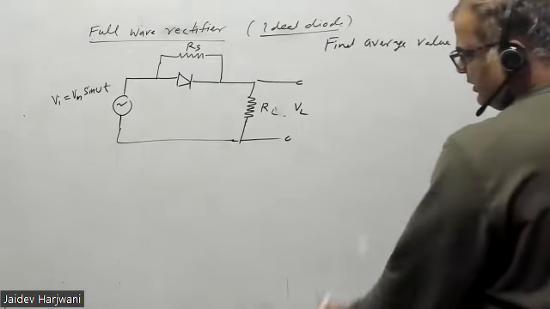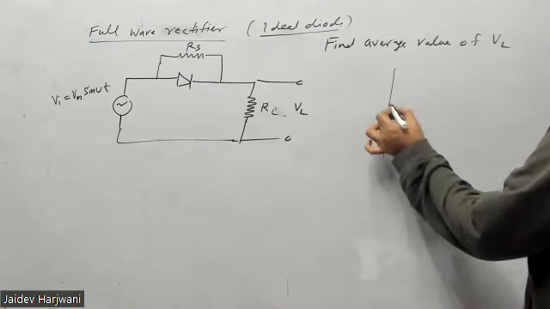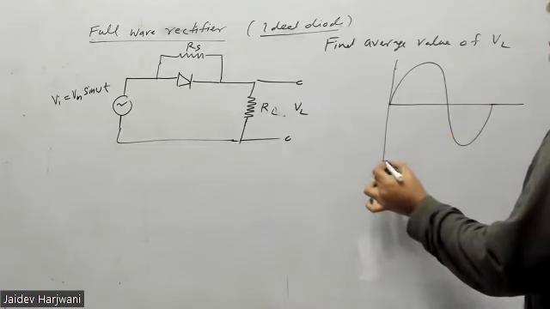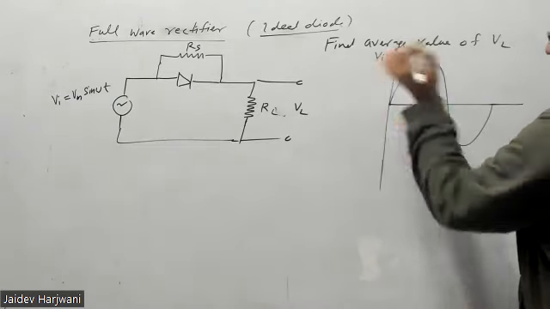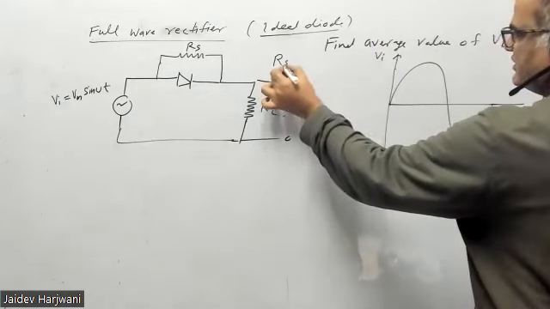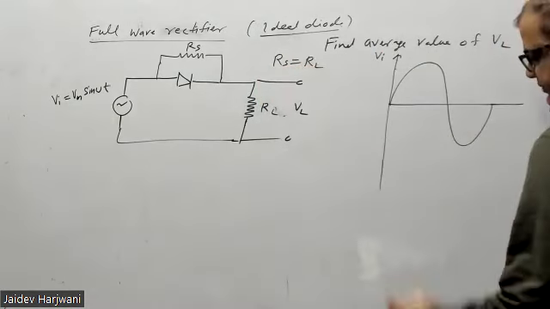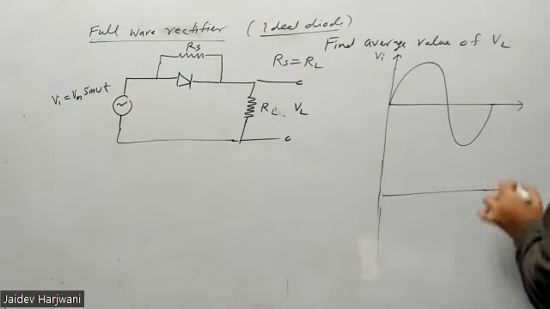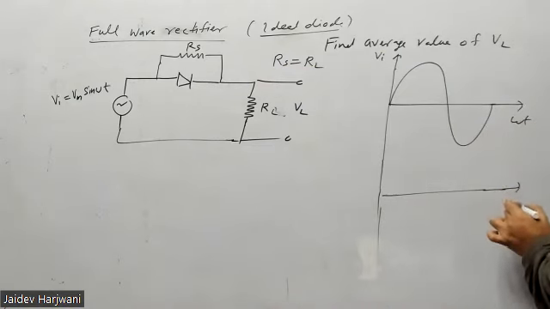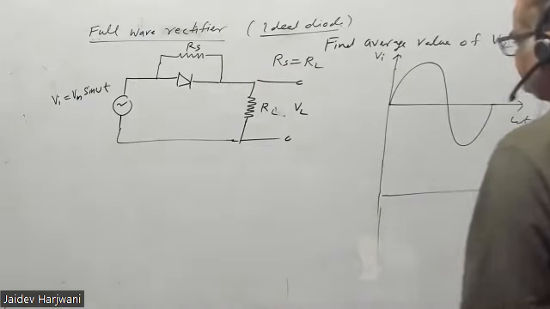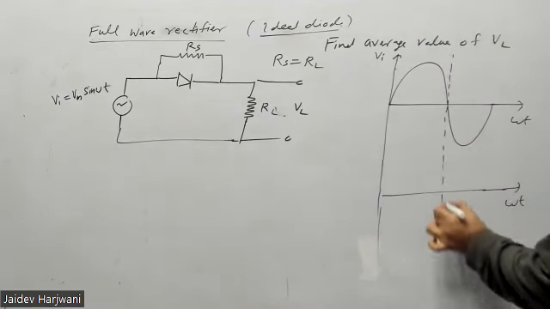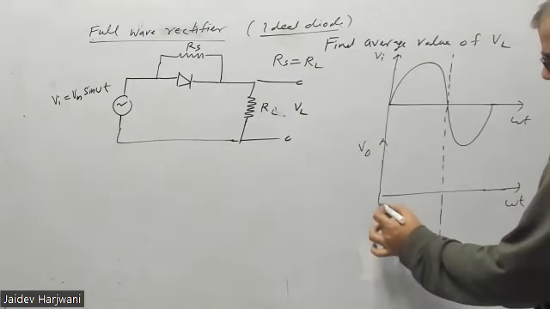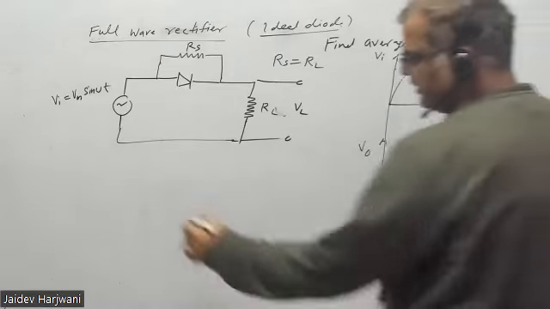So what you are doing is giving a sine wave V input, and you can assume that RS is equal to RL. First you are applying the positive cycle and then the negative cycle. Tell me what's the output. Now for the positive cycle,